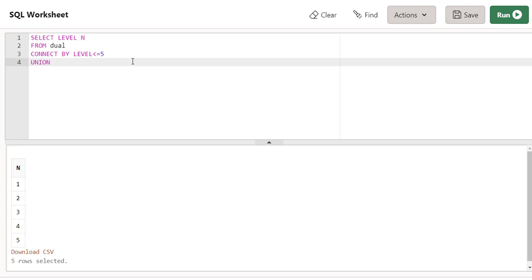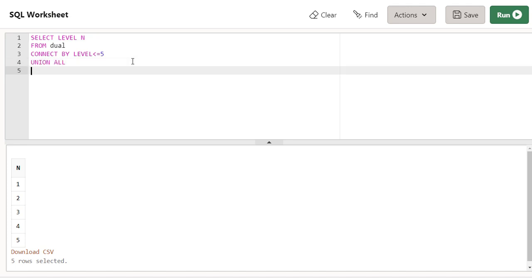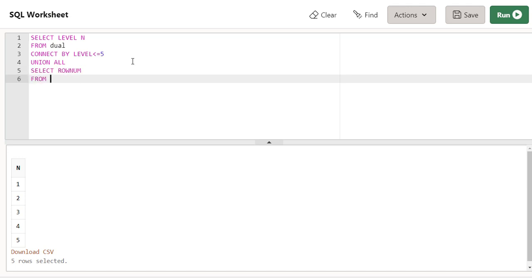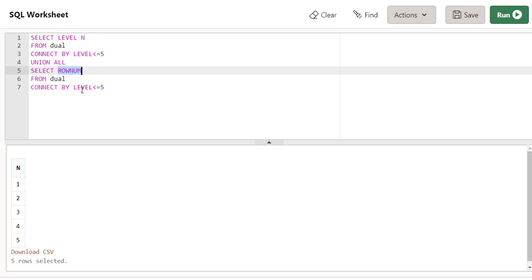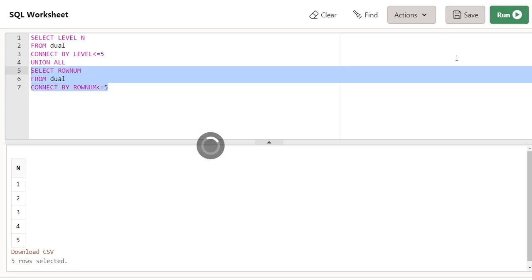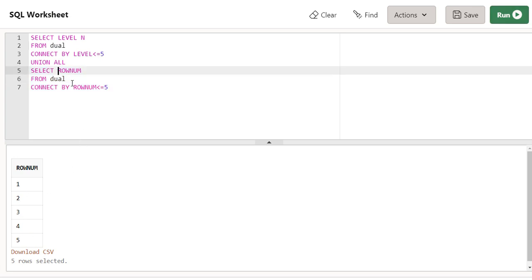So I can show you here: union all, select, let's say, rownum from dual, and same connect by, or we can use even rownum in connect by 2. So this part returns a result from 1 to 5, so now we need to reverse it. And reversing it would be,